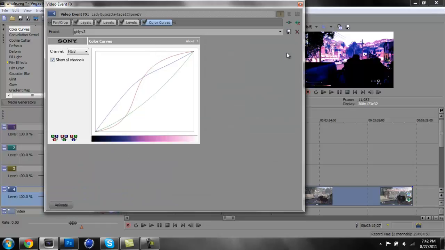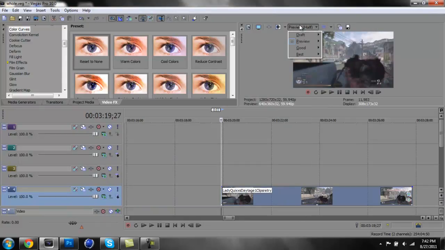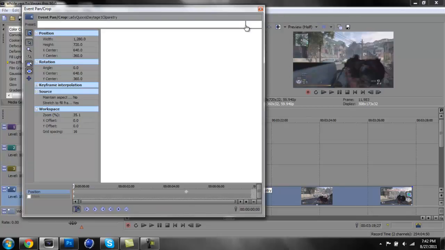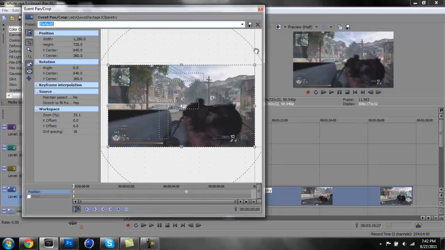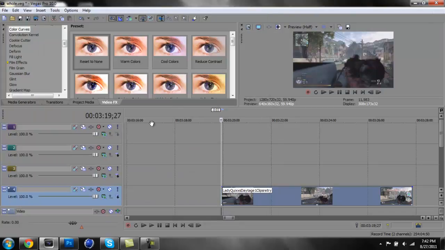So I'm going to delete, not the presets, but I'm going to delete all of this so you guys know what I'm doing. And I'm going to go ahead and make this default so you know what I'm doing even more. So first off, I'm teaching you guys how to do two things. How to set up your clip,